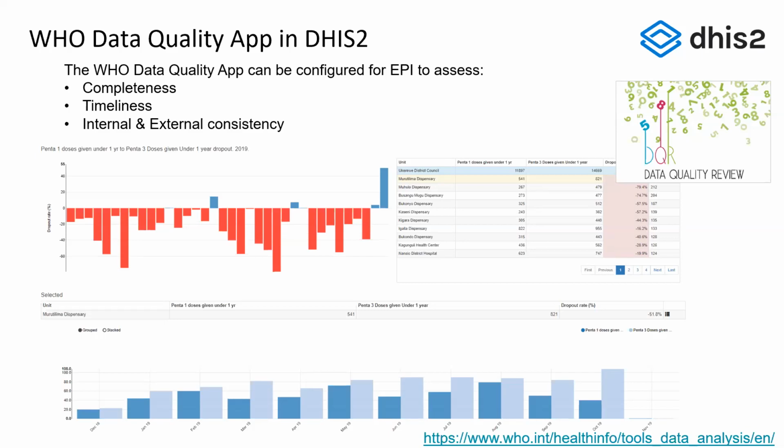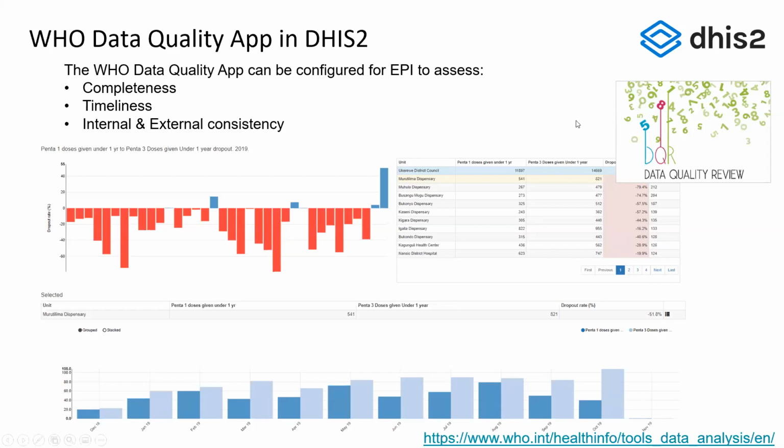For example, there could be a campaign, and then suddenly the number of immunizations rises. So they should have an explanation. The point of this app is to help a program manager at least identify that something might be wrong here, and if it turns out to be a good thing, then it's fine. So that's all about this data quality